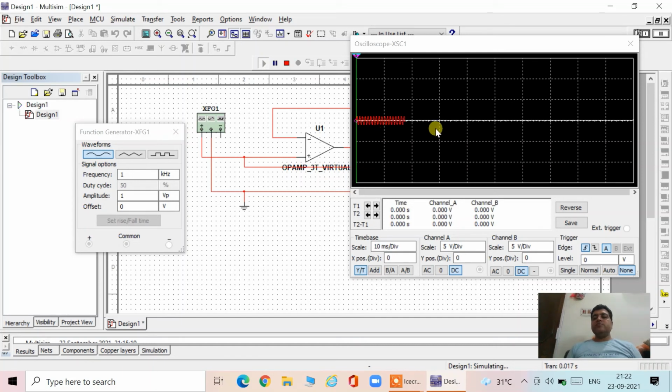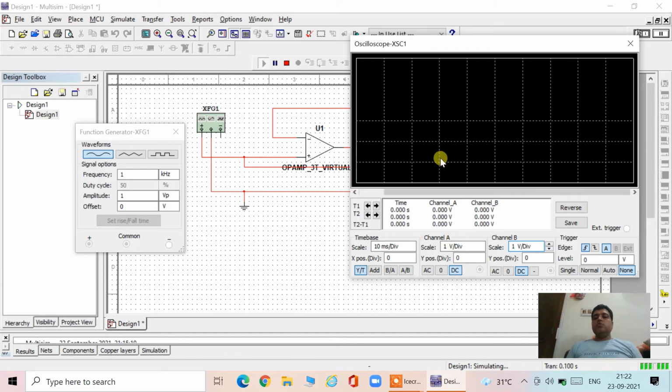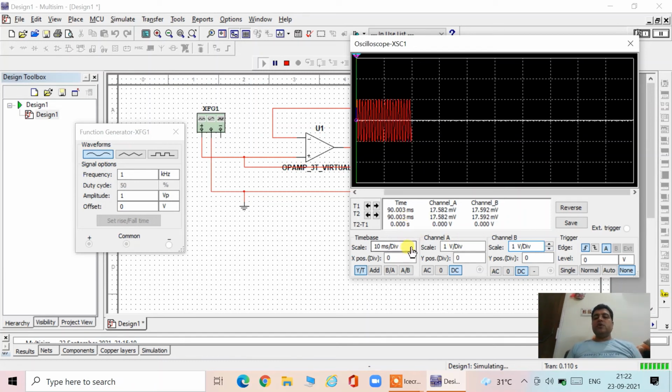You can see the waveform is there, but the waveform is very small. So what I am going to do is change the scale, making it 1 volt per division, the same 1 volt per division. Now both are overlapping each other and very close. So first I am going to separate them.